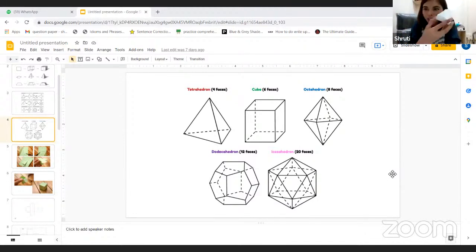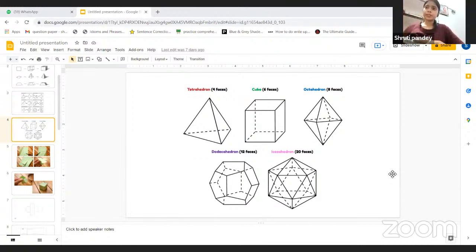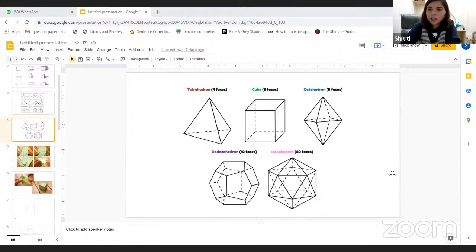Is it difficult, this one? Could you do it? Okay. So what I want from you is one cuboid for homework and one truncated tetrahedron, this is called. So truncated